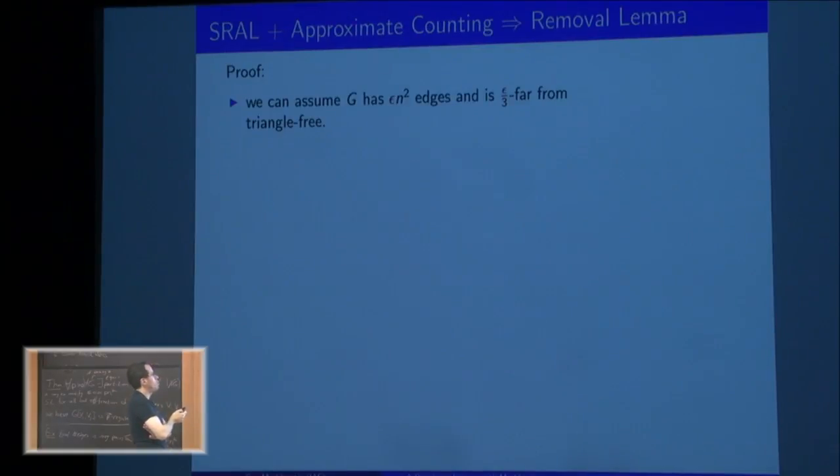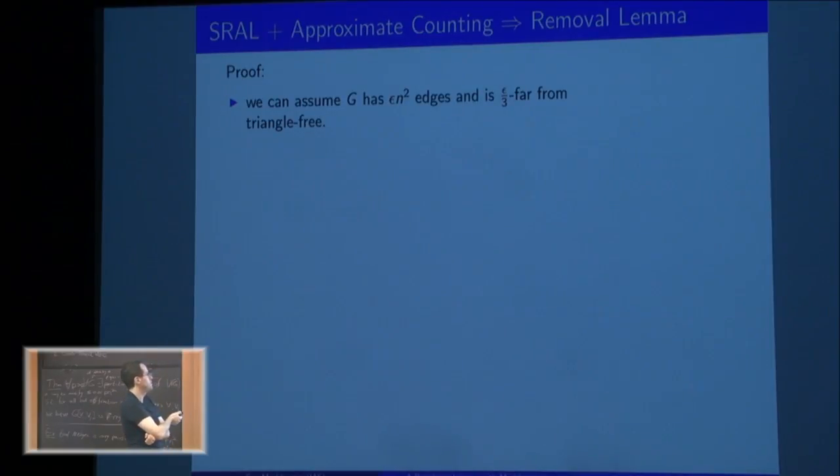Now let me show you how to use this approximate counting lemma and the SRL to actually prove the removal lemma. The proof is going to be a nice twist on the usual proof of the removal lemma using Szemerédi's regularity lemma. So those who know that proof, this is going to be familiar with some twist, and those who don't know, then are getting a treat. Okay, the proof is kind of natural, but the first step is crucial, and you will see why in a second,